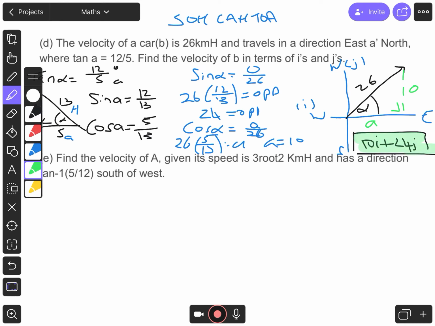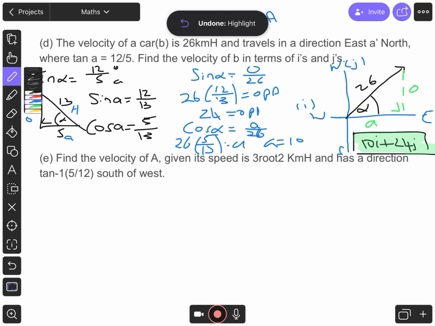Okay. The last one then, this question here. Now, they're all pretty much similar after this, but with this one, I'm going to just go through it a quicker kind of way rather than having to write all this out all the time. It's a little bit easier to just go through it and get it all done in 1 or 2 steps. So if I look at this question here, I have the velocity of A is given a speed of 3 root 2 and has a direction of tan inverse